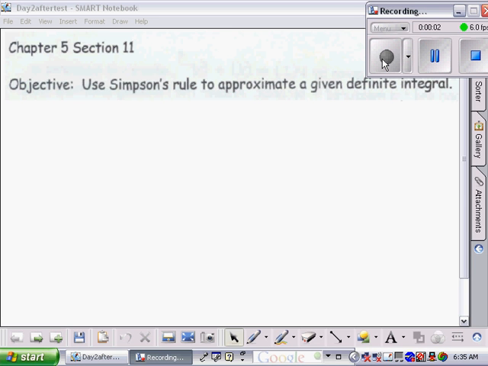Simpson's rule, the first piece of that, we're just going to write down the actual rule. You will not have to restate this on your quiz on Monday, but you're going to need to know it and use it because there is a Simpson's rule problem on the quiz. It says if